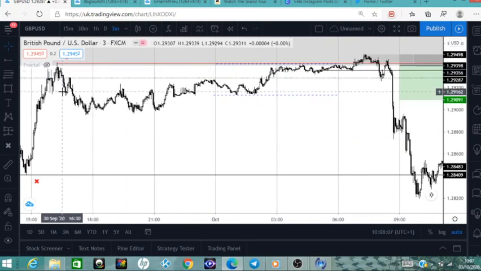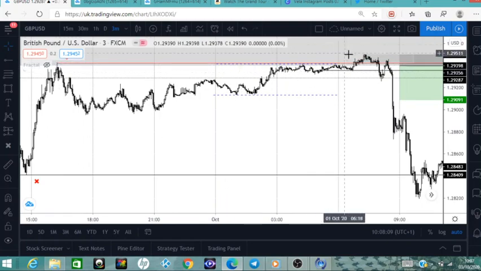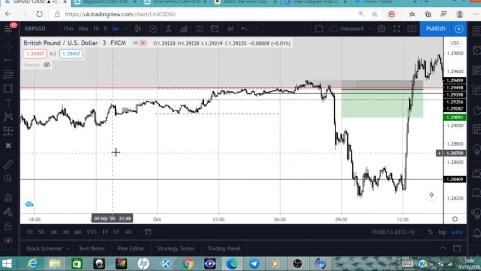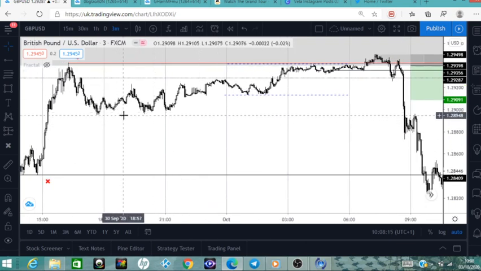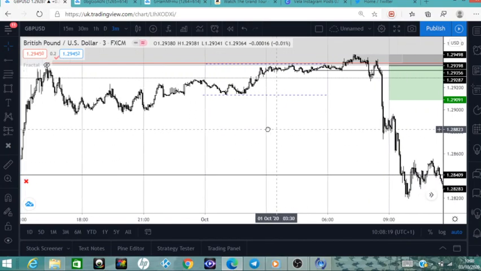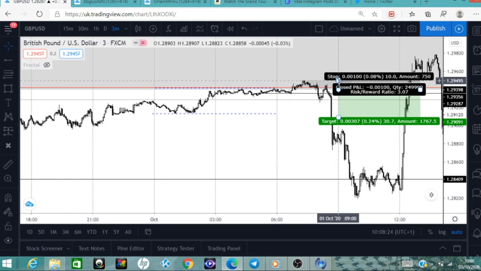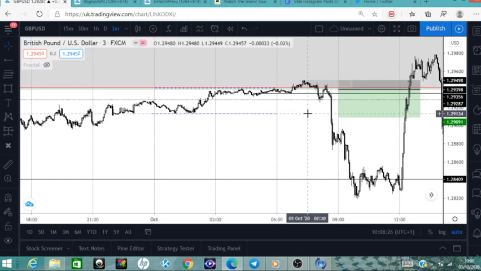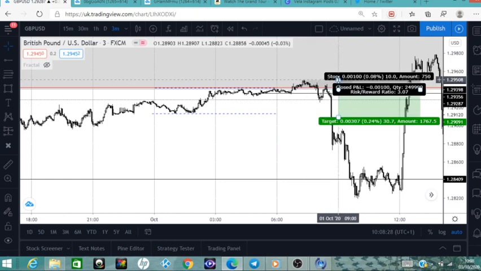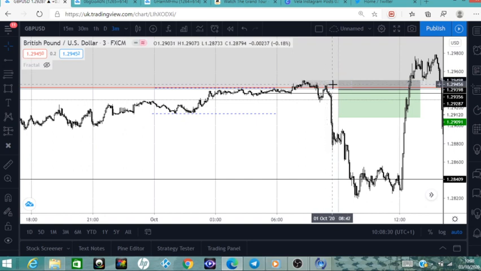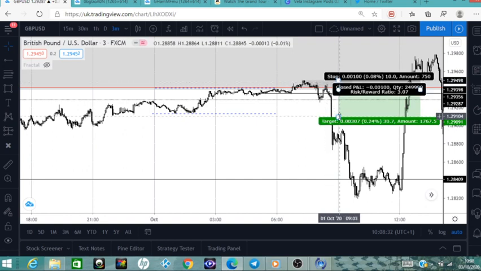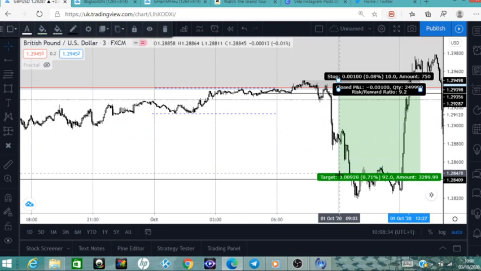We had the stop run from the Monday, which was beautiful, into a higher time frame selling area, tight Asia range, liquidity to double bottoms, inefficiency voids, beautiful double bottoms. It was all set up. Very confident in this trade. The only problem was I tried to be a smart ass and get a tighter stop loss, and I got rewarded for it by being stopped out, and the market said fuck you, because we're going to run over 100